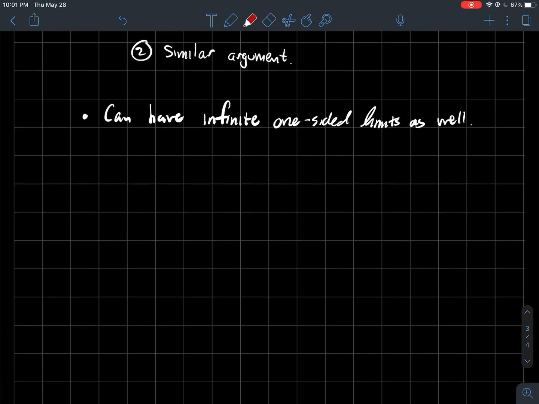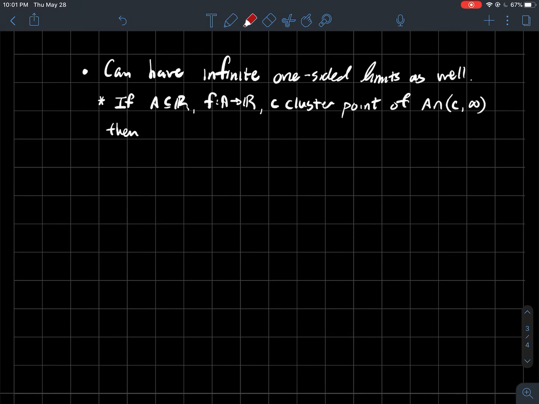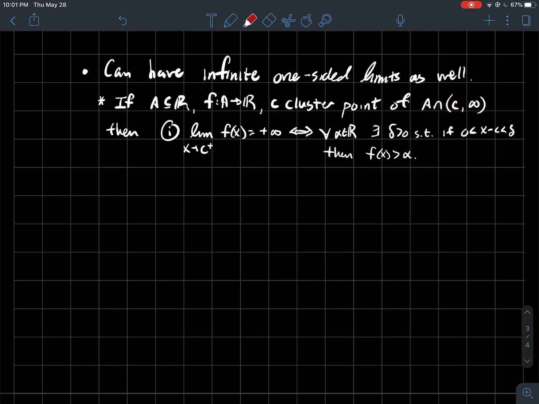All right, so now you can have infinite one-sided limits as well. Same setup: A is some subset of the real line, f is a function whose domain is A, and c is a cluster point of A intersect the interval from c to infinity. All we're trying to say is that I'm only looking at stuff in A that's to the right of c. Then here's a few things. The limit as x approaches c from the right of your function is positive infinity if and only if, and this should look all pretty similar,